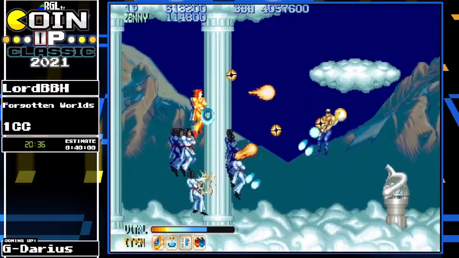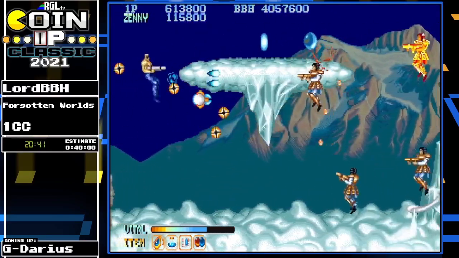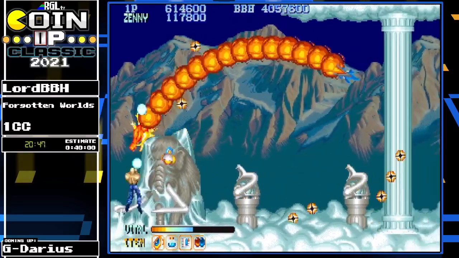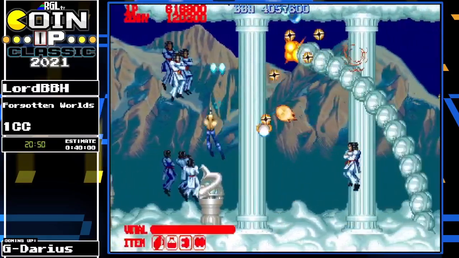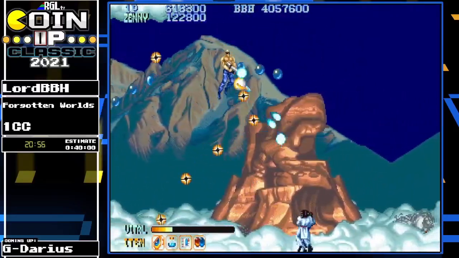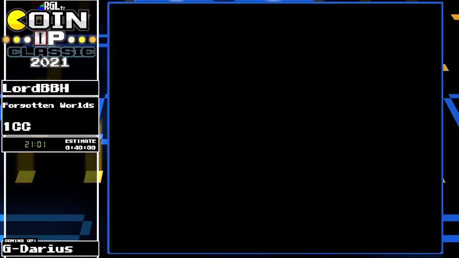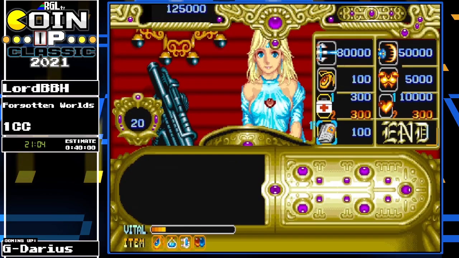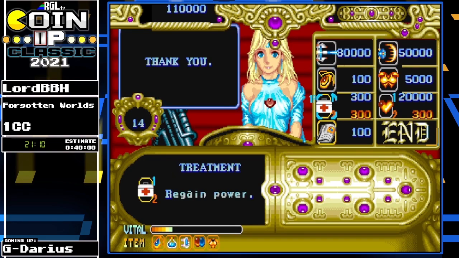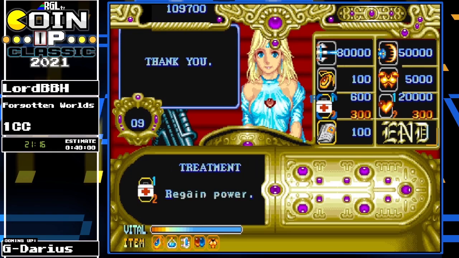Oop. I think there's like a health pickup later on the stage, but I'm gonna buy health anyway at the shop. Snipe the dragon. Snipe another one. See, I'm already taking a lot of hits. Oh god. I need to be careful. Okay. Yeah, definitely buy health. Alright, more vitality. Special armor. And treatment. All these items go up in price every time you buy them, so...